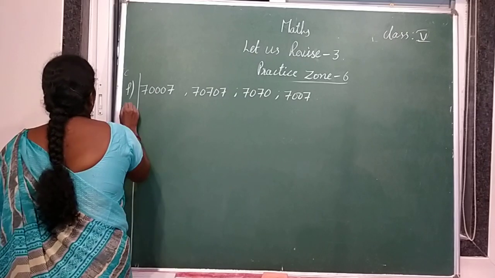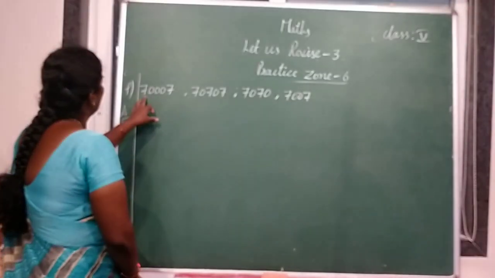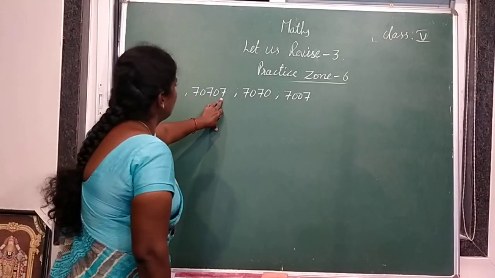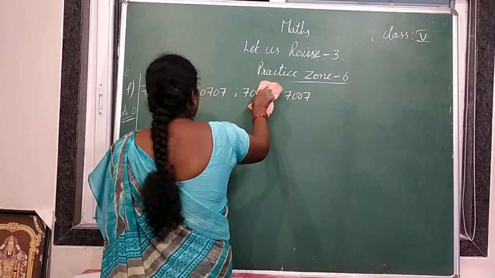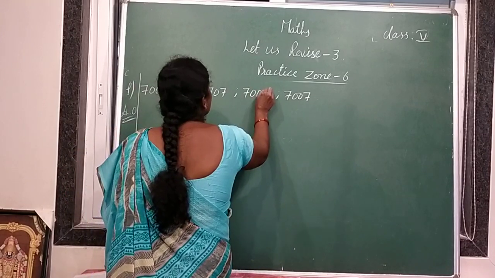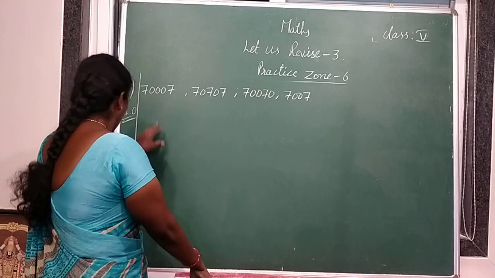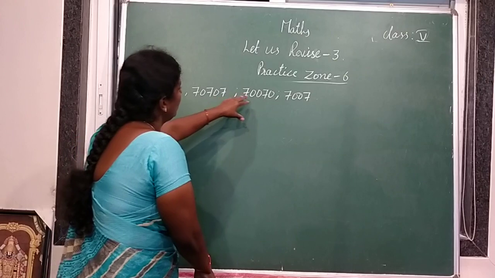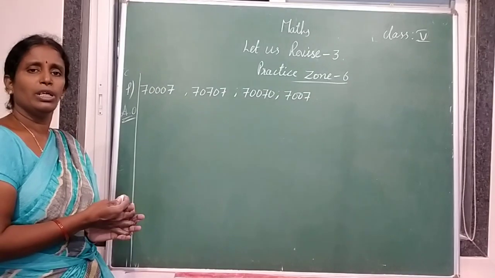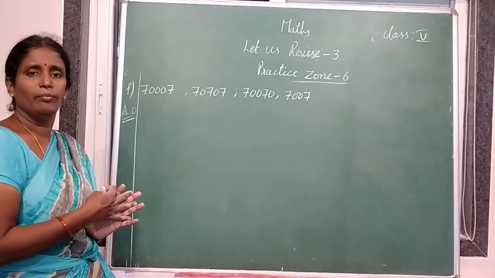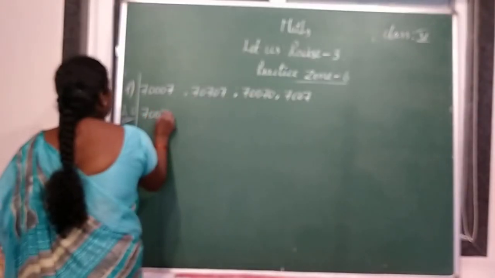Same. Find out the smallest number. So smallest number is here. This is 5 digit number, 5 digit number, 4 digit number. Sorry, this is 70,070. 70,070. Okay. This is 5 digit number, 5 digit number, 5 digit number, and this is 4 digit number. So which one is smaller? 5 digit numbers are smaller or 4 digit numbers are smaller? 4 digit numbers are smaller. So 7,007. After that